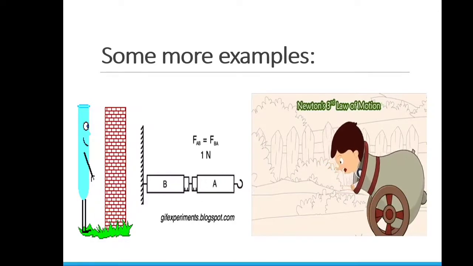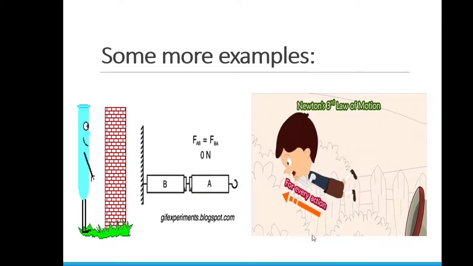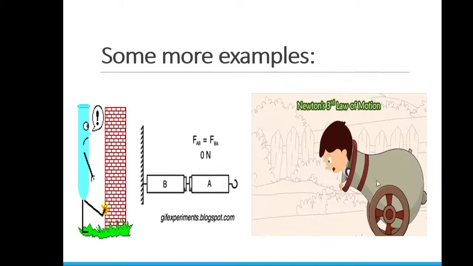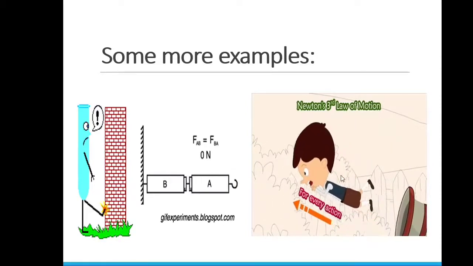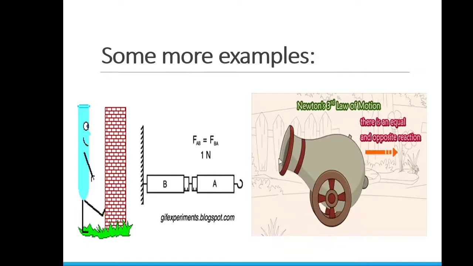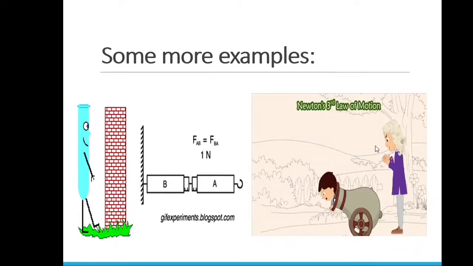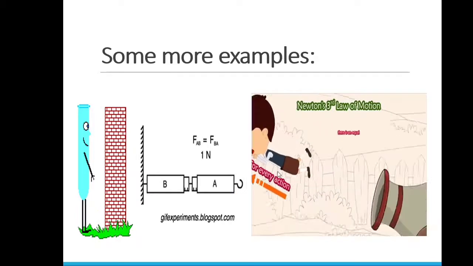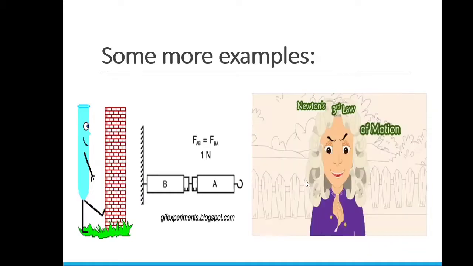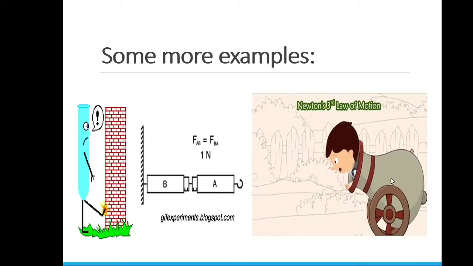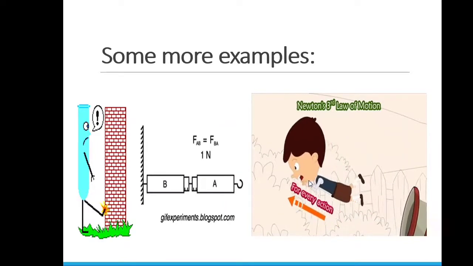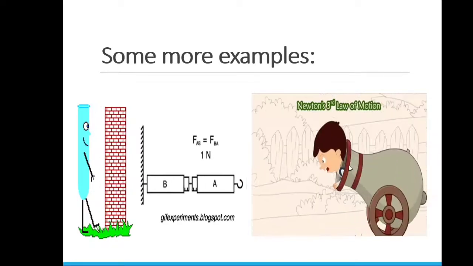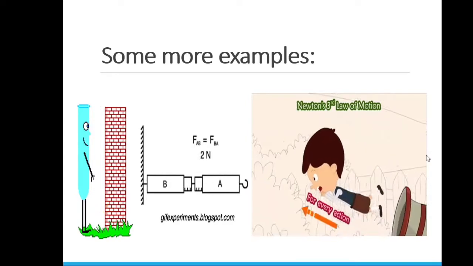And lastly, you can see Newton experimenting with a boy who is fitted in a cannon. So, the cannon fires the boy and it also moves back. The cannon fired the boy, which applied some action force, whereas the boy also applied an opposite reaction force on the cannon. So here you can see for every action, that is the force with which the boy moves ahead, with the same force the cannon also moves back. There is an equal and opposite reaction.